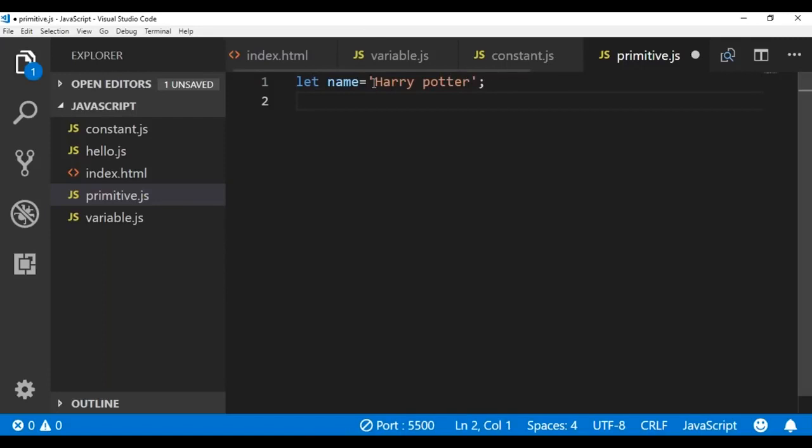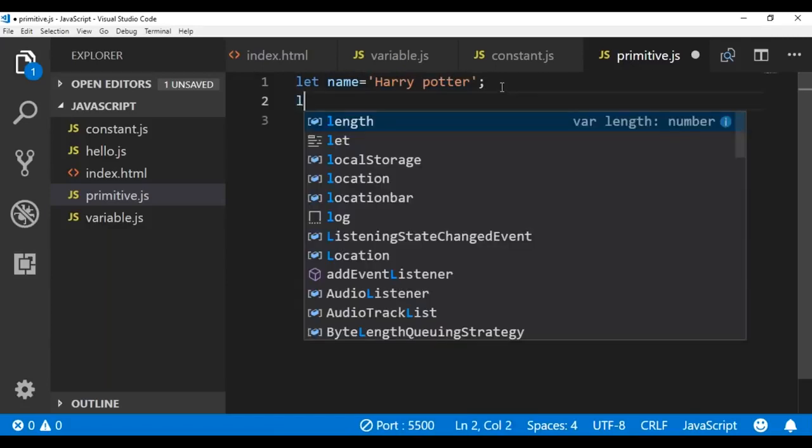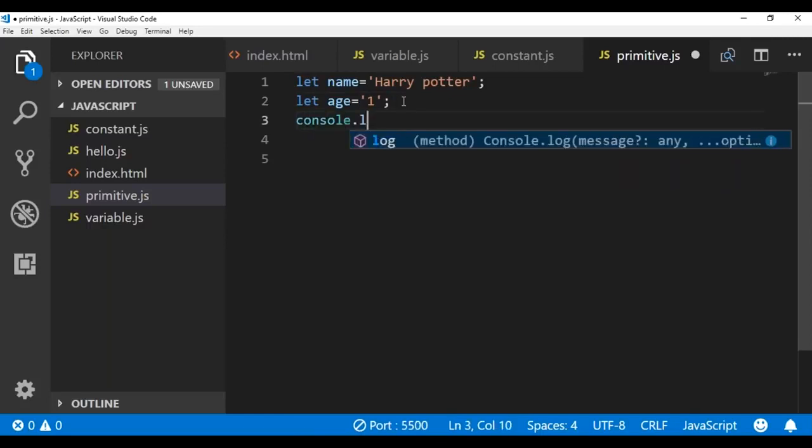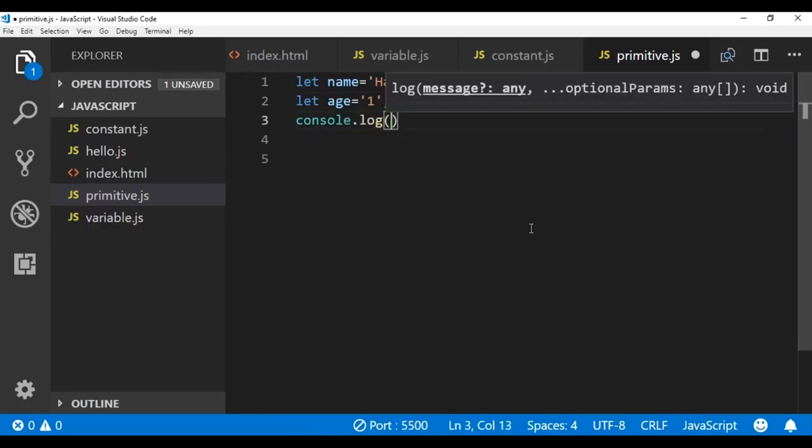So guys, here it's a string because we are enclosing the value within quotation marks. So the computer is going to consider this as a string. So even if I have something like this, what do you think this is? Do you think this is a string or do you think it is a number? Let's check.